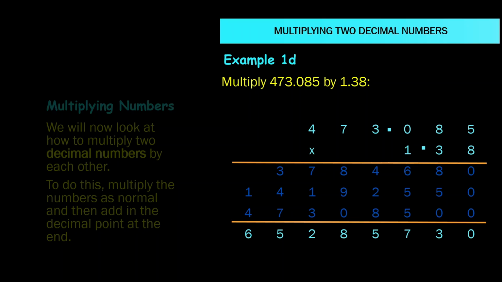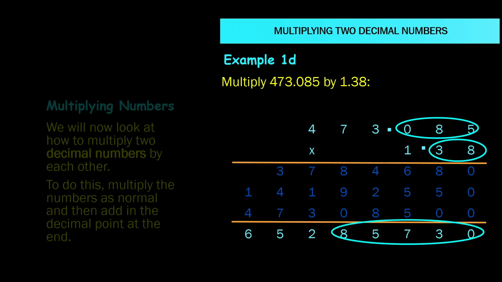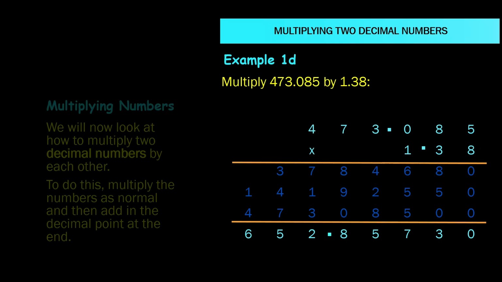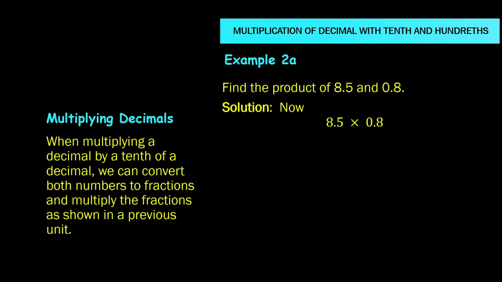Since there are 3 places after our first decimal number and 2 places after our second decimal number, then we can add these 2 decimal places and in our final answer position the decimal point so that the answer is to 5 decimal places, to give us 652.85730. When multiplying a decimal by a tenth of a decimal, we can convert both numbers to fractions and multiply